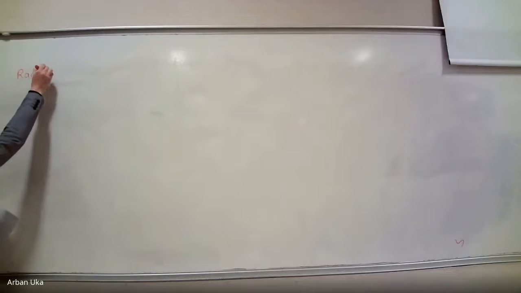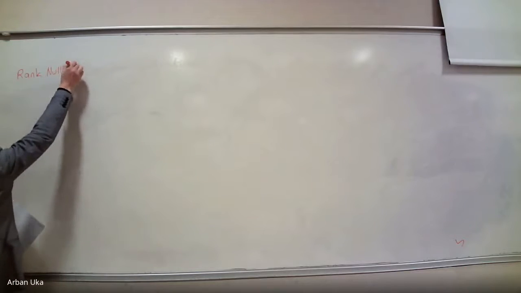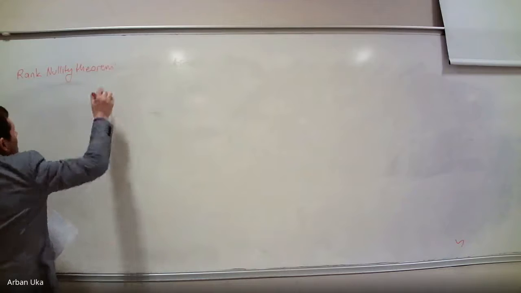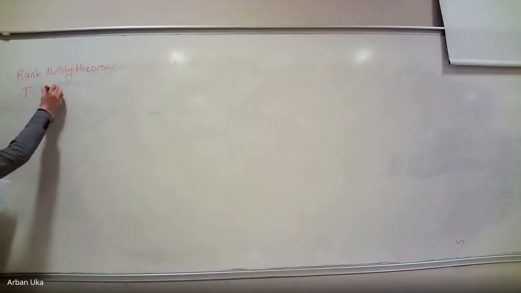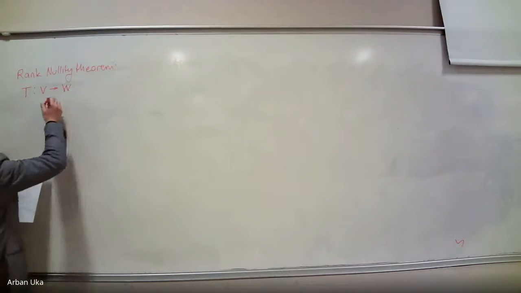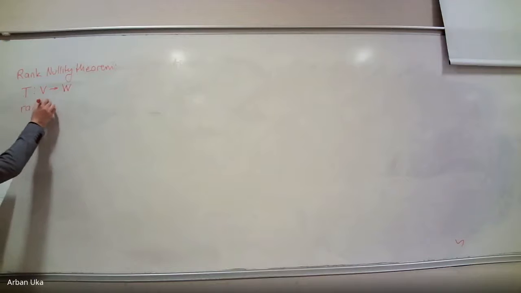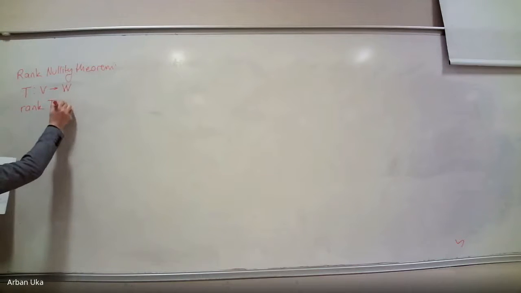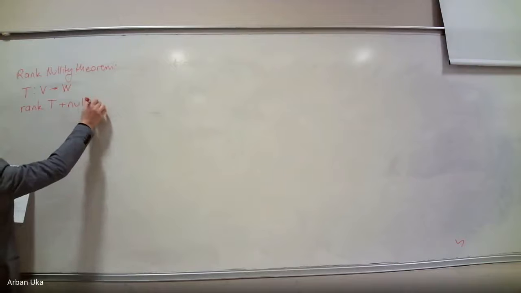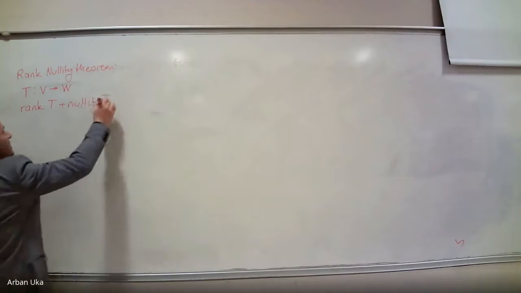Related to the matrices, we have this rank nullity theorem. We have seen this theorem before for matrices, but it works the same way for linear transformations too. For any linear transformation T from V to W, the rank of T, the corresponding rank of this linear transformation, plus the nullity of T